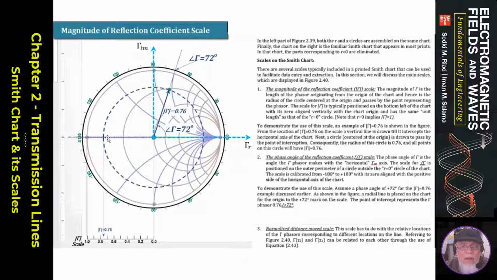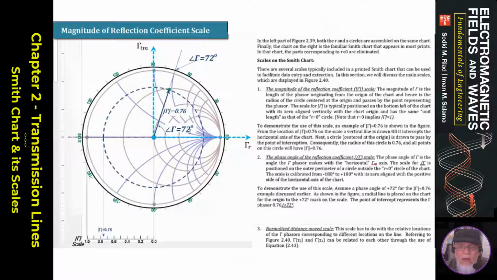So the radius here is actually a portion of the 1, and a scale is given to us at the bottom here from 0 to 1, which is the big circle. The projection of that on a linear scale gives you about 0.76. So the gamma magnitude is 0.76. So we can say that this particular point, the impedance that we have, corresponds to a gamma of 0.76 magnitude